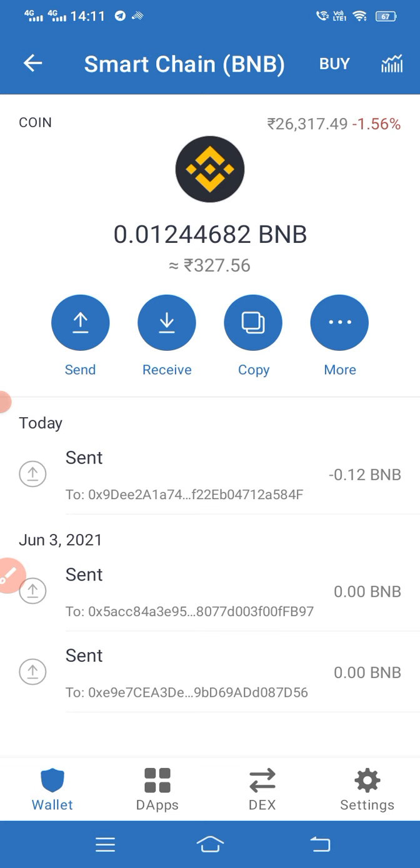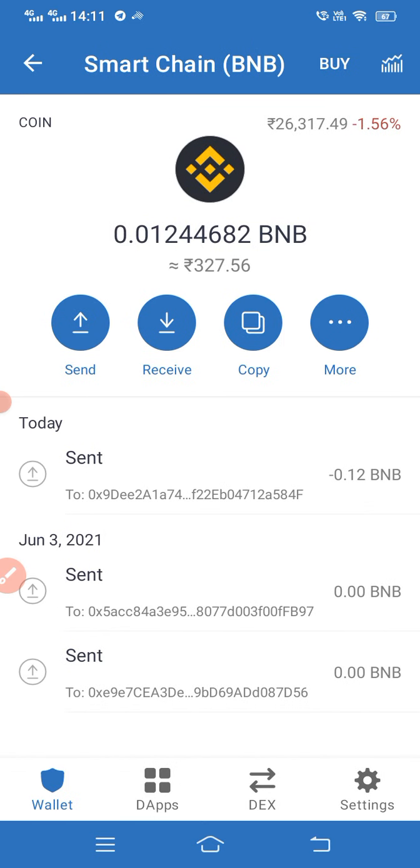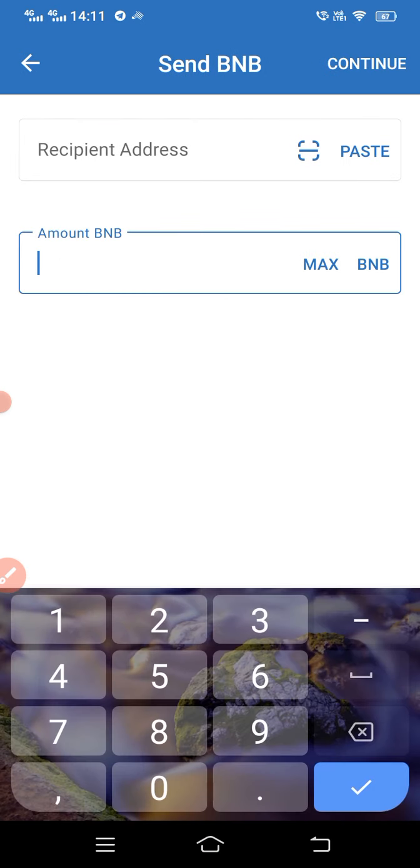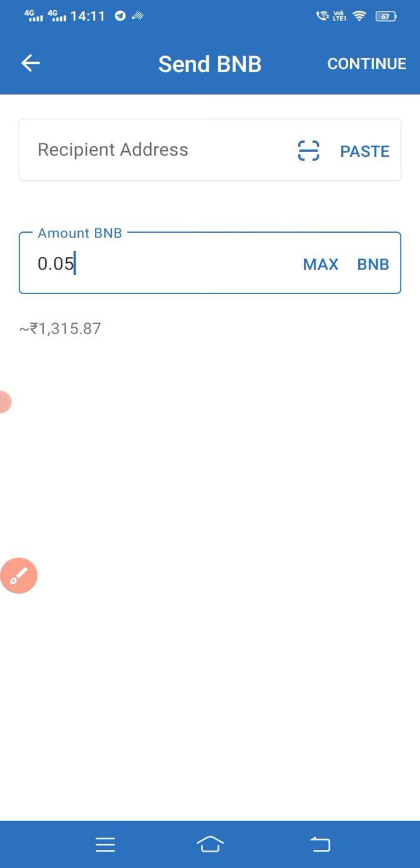For such a smart contract, we need this. So you have to send. Give the address of that person, amount. That's all. To know this amount, you can check in Google, where you can see. If I put 0.05, then I'll know how much amount it is. Here INR will be given down here. So don't need to panic. You check with numbers, or you can go to Google and check how much you want to send. It will give you the BNB number. Then you can do that amount.